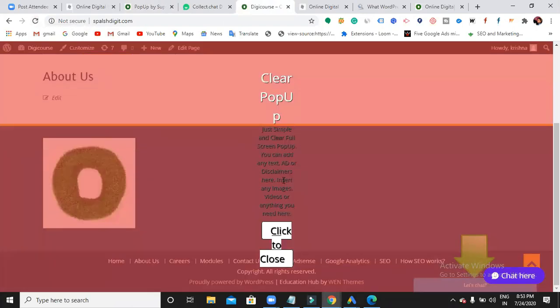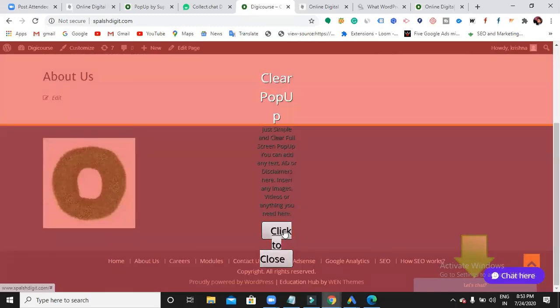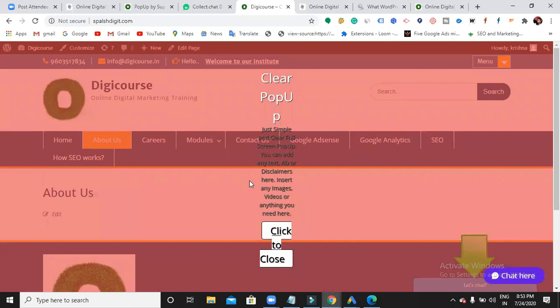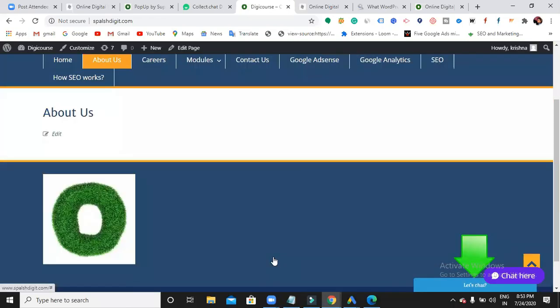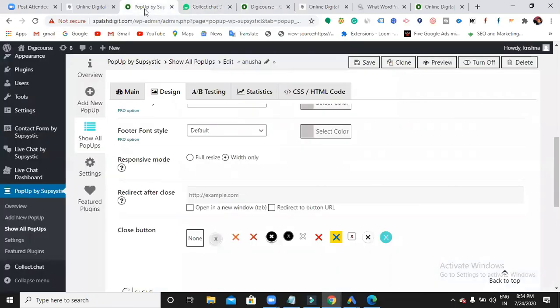So what happened now? What is the width now? 100. So width is 100. Can you see how the width has changed? And then I changed the color also. I have used a red color kind of thing. So click to close. This is not asking any information, no, Chitra? It's just saying clear. Yes, that is the format I chose.